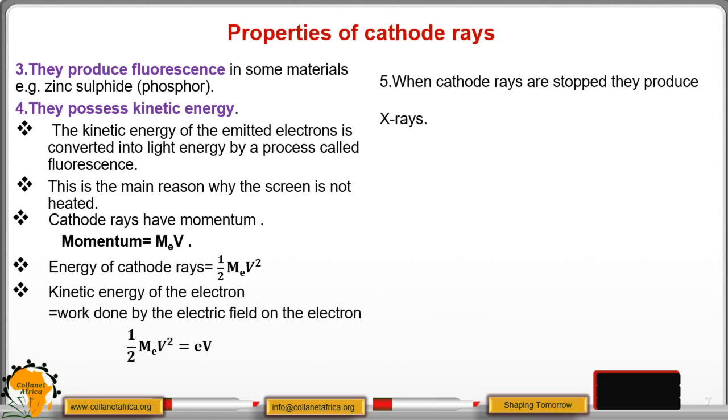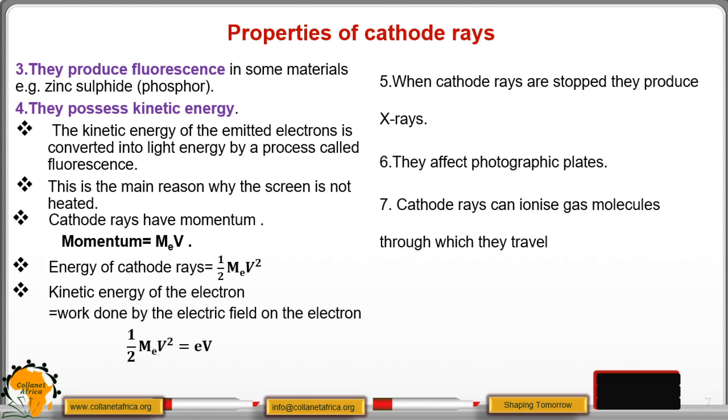Then number 5, if these cathode rays are stopped by an obstacle or what we call a target, then cathode rays produce X-rays. Then they are affected by photographic plates. Then number 7, we are saying that they can ionize gas molecules if they collide with them. And that is why we said that in our tube, the tube is evacuated to prevent them from ionizing air particles and